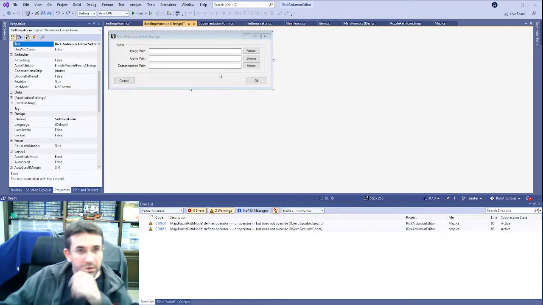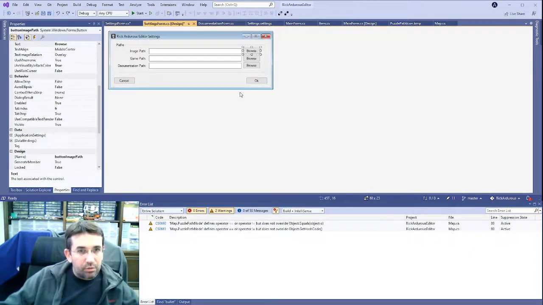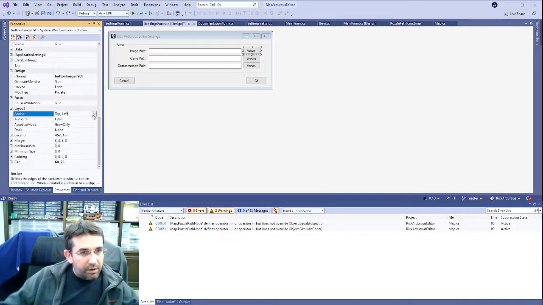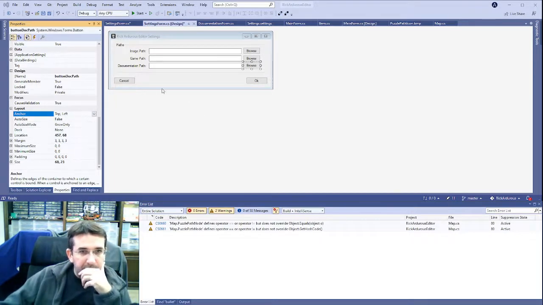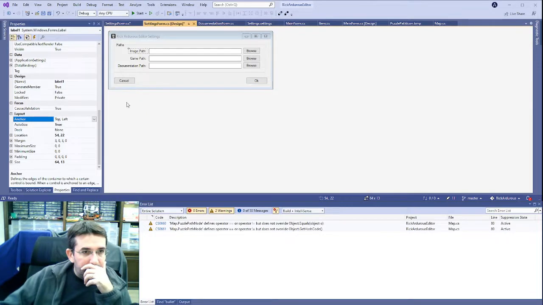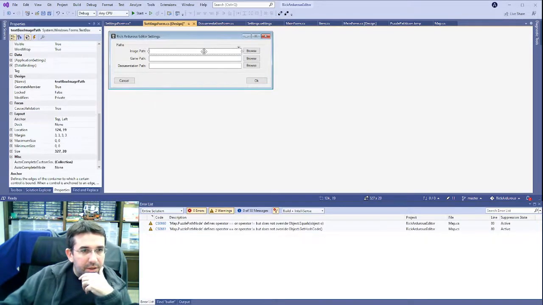Okay, so I just want to anchor this, and this one will also anchor to here, and this one here. Okay, and the image can stay anchored top left, and this one